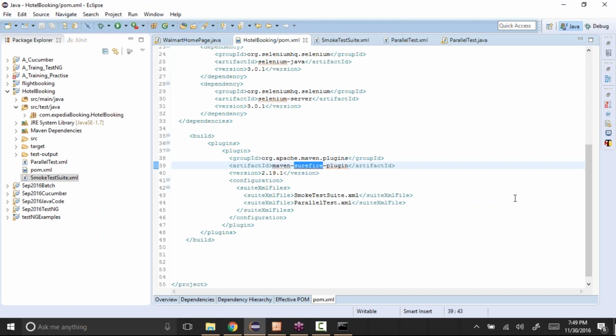We have to use this Maven project, and in that Maven again you can use whatever you want. You can use TestNG, you can use JUnit, or whichever framework that you want to use. And again, you can use Cucumber. Everything is the same. The project structure will be different with the help of this Maven. Okay. Any questions? Is it clear?